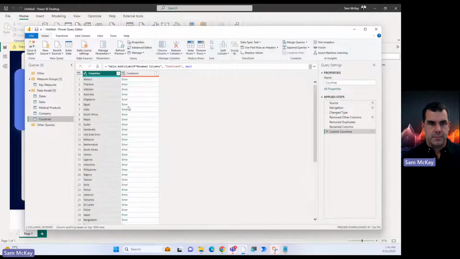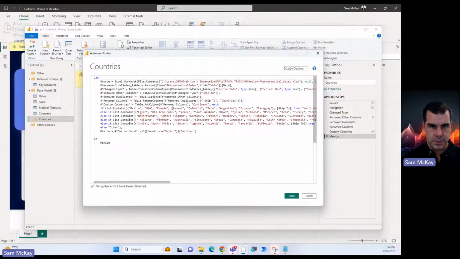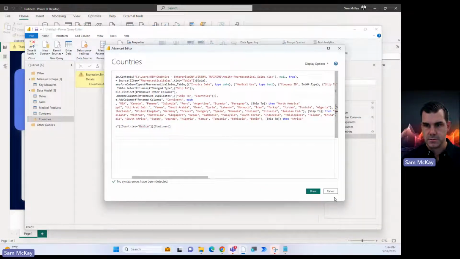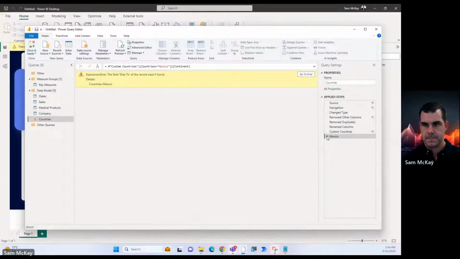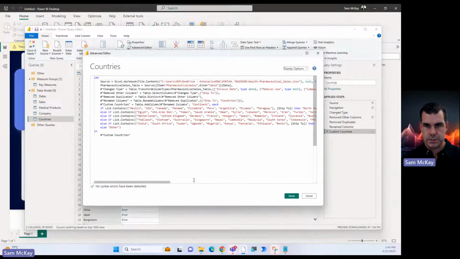Let's see. No, okay, so it's not working. Okay, apologies. It's because I changed the name of this to something else. Hold on a second. I changed it to countries, so I just need to change this to countries.